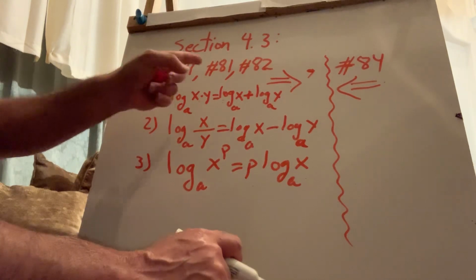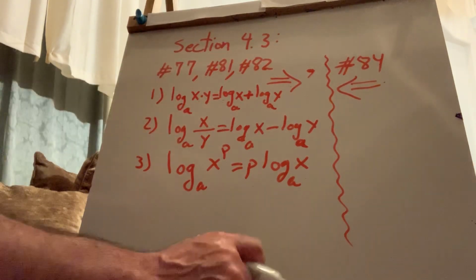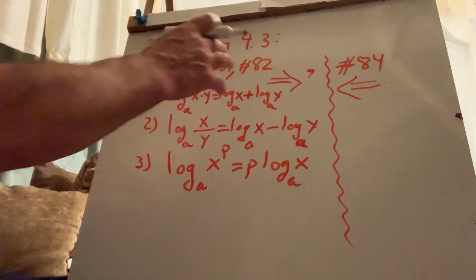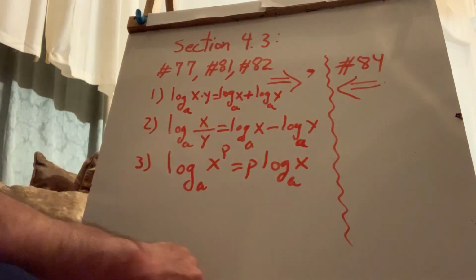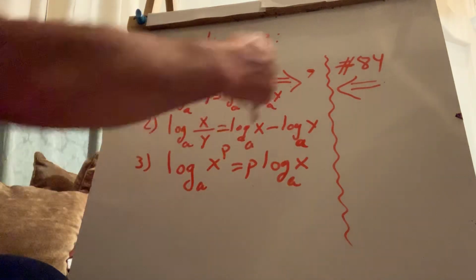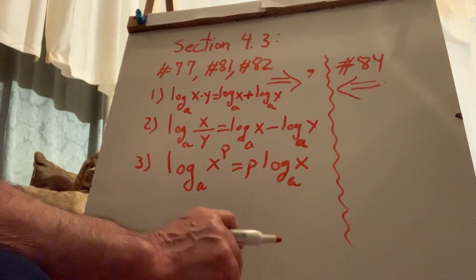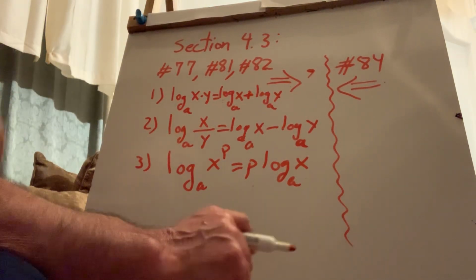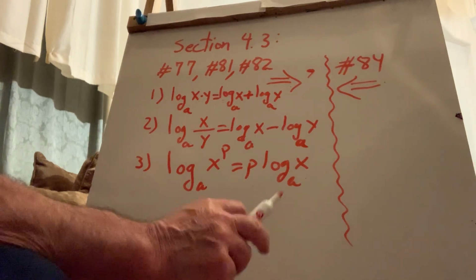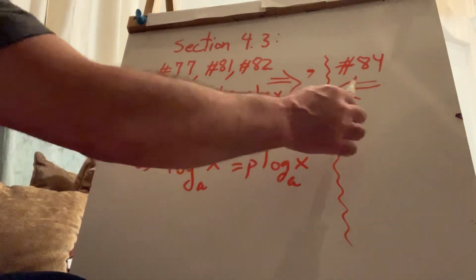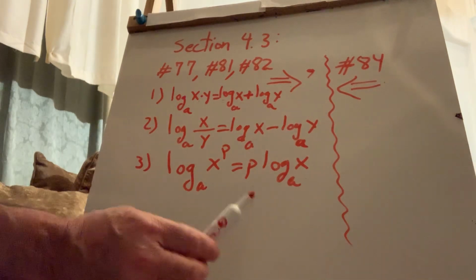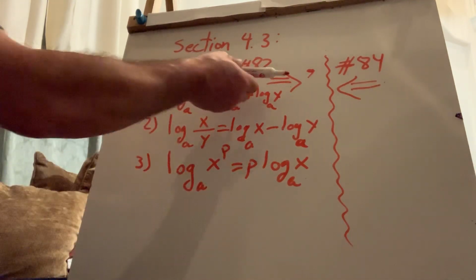So numbers 77, 81, and 82 are going to be worked out. At least we have to do one thing for that set of instructions, and then for number 84 and beyond, we also have to follow another instruction, okay? So the reason I put the arrows under these two separate categories is that the direction is different,